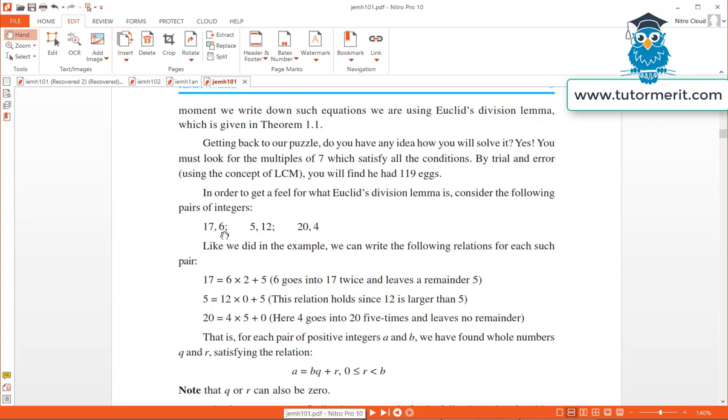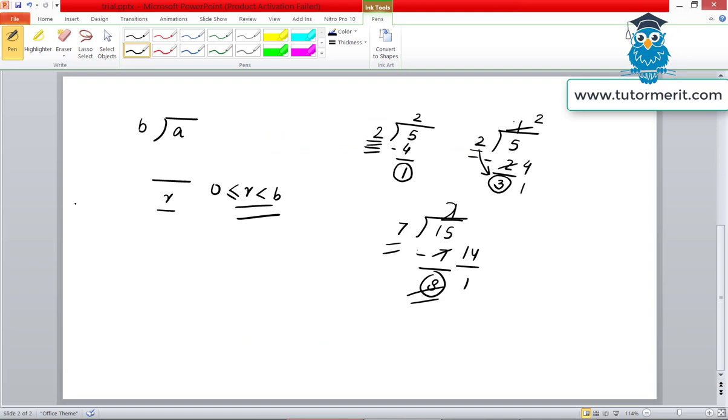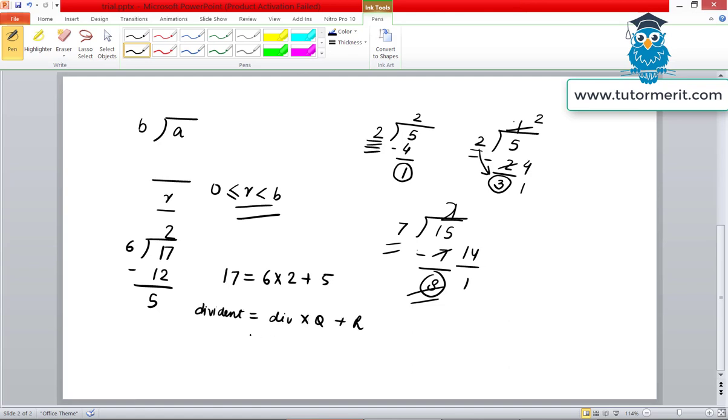So moving back to your chapter, they have given you a couple of examples, and instead of writing in the typical way that we used to write, they are using this notation. So it's one and the same. Suppose I have to divide 17 by 6. So here this would be 2, this would be 12, this would be 5. So I could also write 17 is equal to 6 into 2 plus 5. This is how you have been doing it, and you also know that dividend is equal to divisor into quotient plus remainder. This formula also you've been studying since probably grade 4.